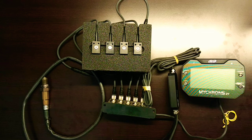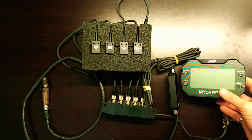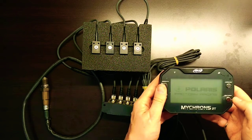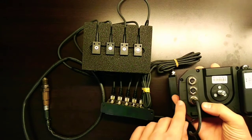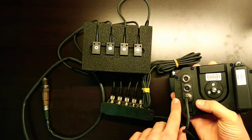View of CAN expansion configuration on an AiM MyChron 5 2T. So I'll just turn on the device here. It'll go through its startup sequence. Currently we have connected to the expansion or PC port, the CAN expansion port on the back of this MyChron